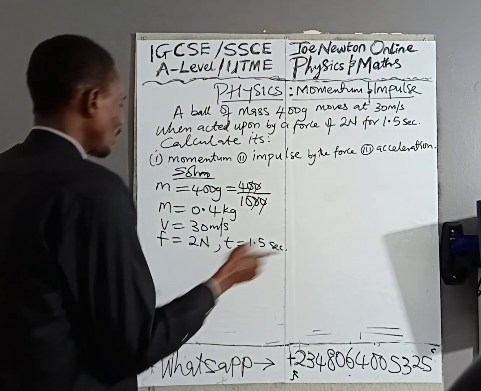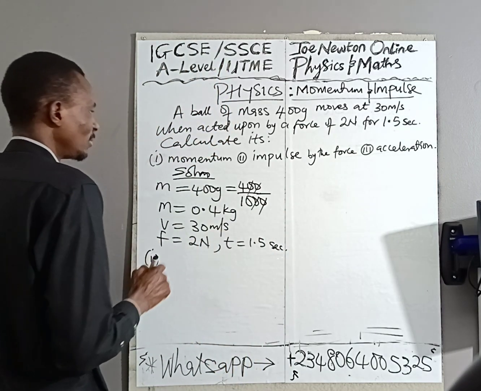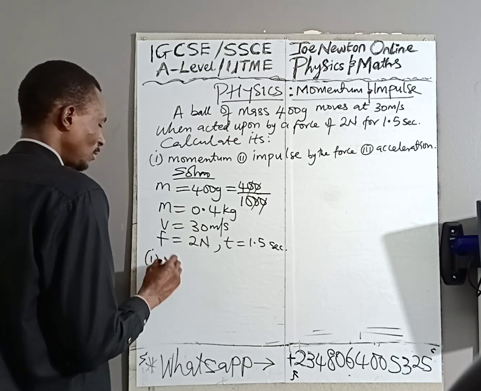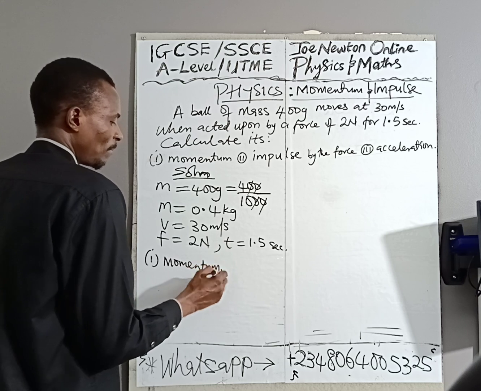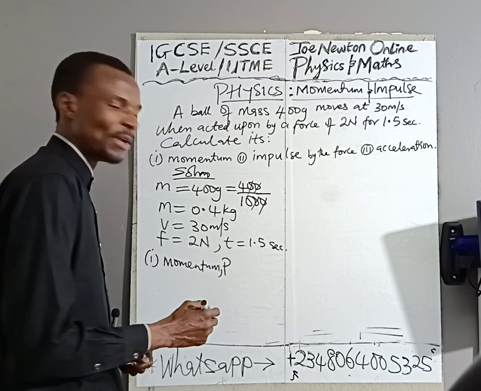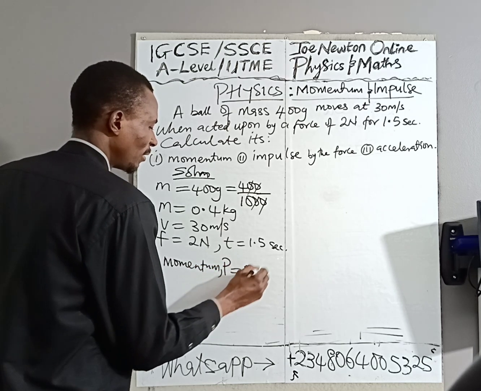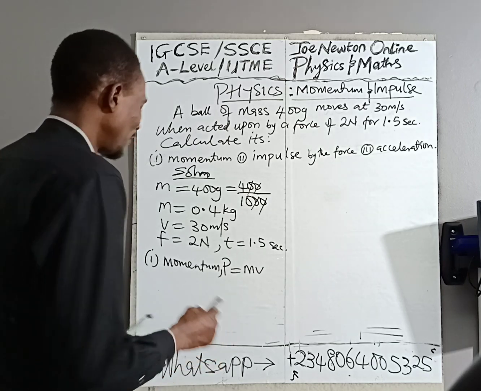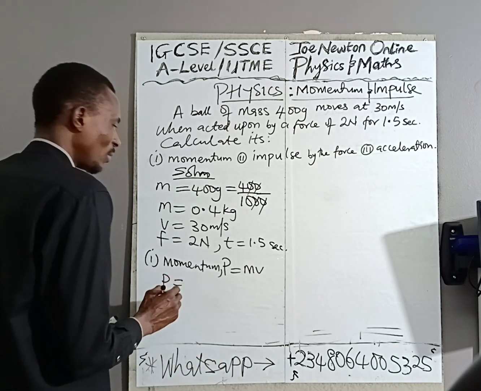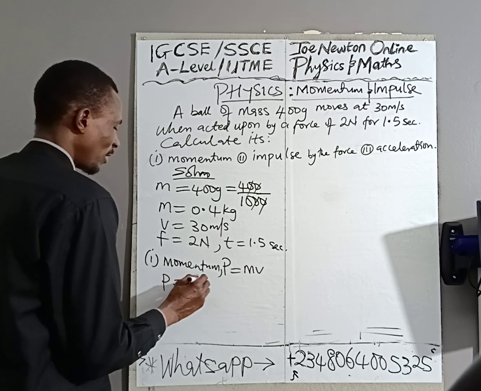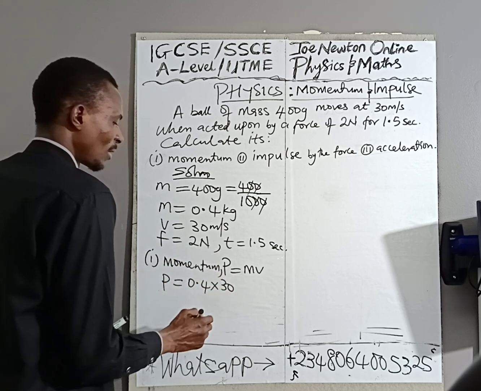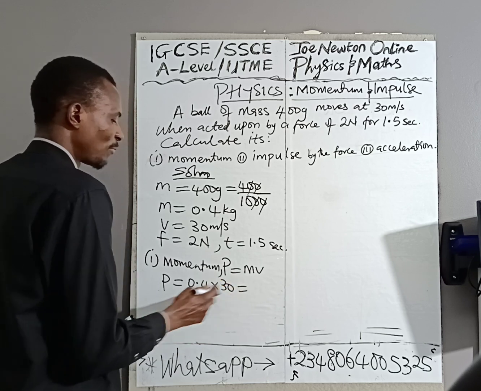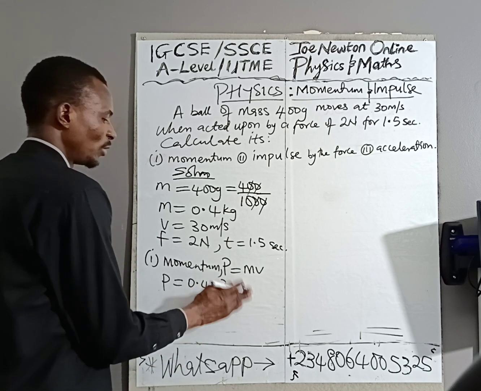Okay. Now quickly, for the momentum, we call it particle momentum. P is equal to mv. That is mass times velocity of the body. So our particle momentum, our mass is 0.4 times the velocity 30, and that will give us 0.4 times 30. We are going to get